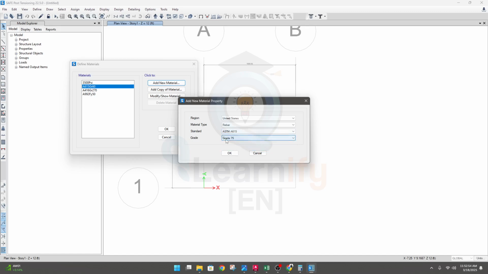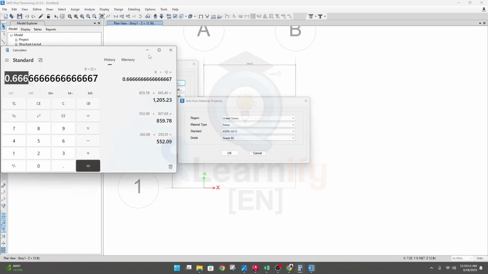I will use this option, grade 75. So what is the grade 75 actually? Grade 75 is more than our requirement, but for your case you will select as per your requirement. But for my case, I have to modify it actually, because in our country we use